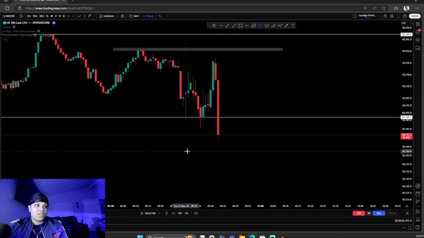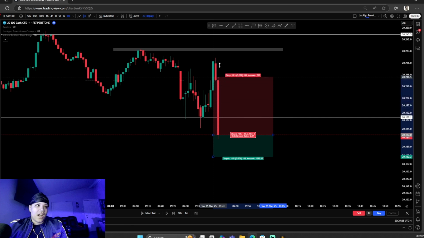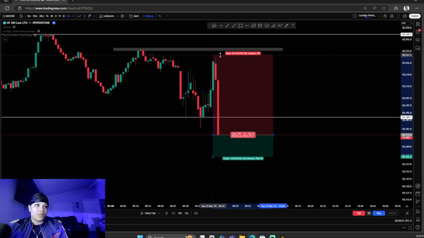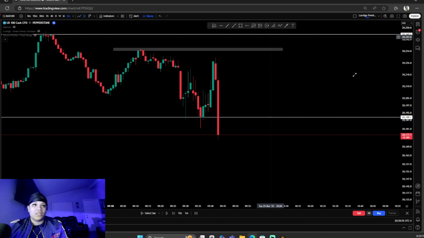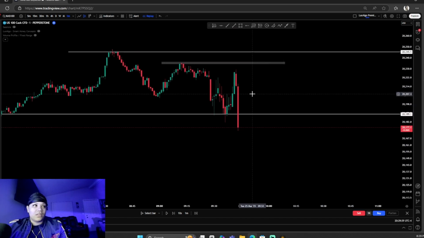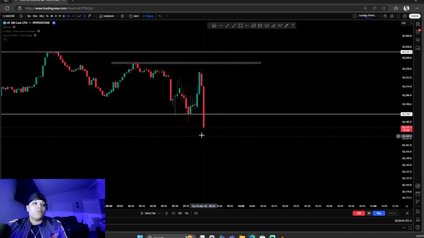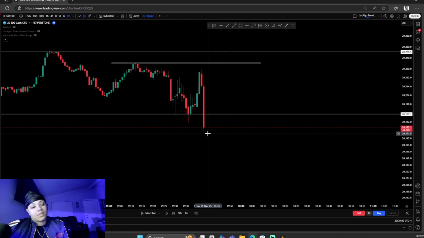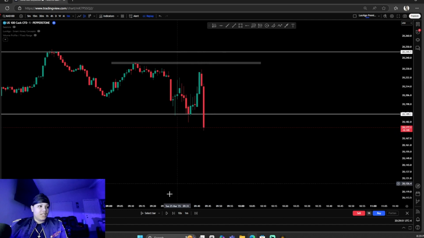If I was to enter this trade here, I would literally have to put my stops up here, or I would have to wait for price to break this structure level. Do you know how much drawdown I'll be in if I enter here? So what I want to see is price pull back and create a support. Once it pulls back and creates some type of support, then I'll re-enter for a sell.